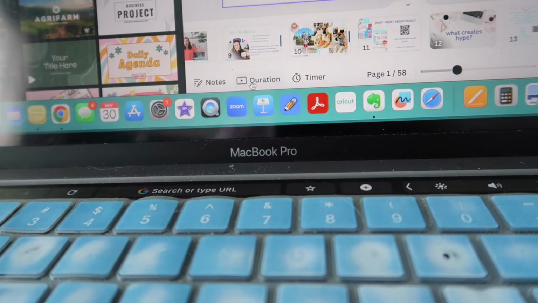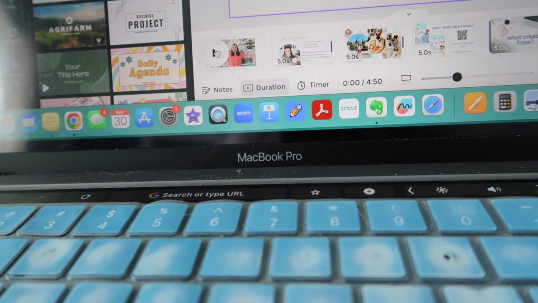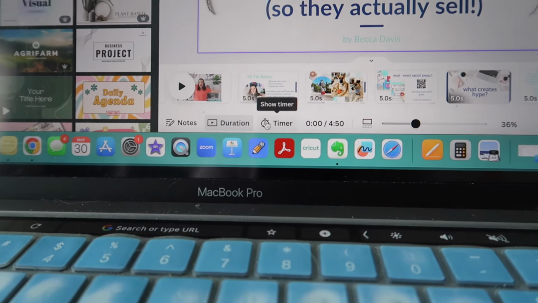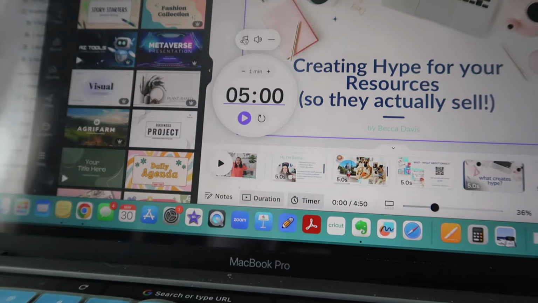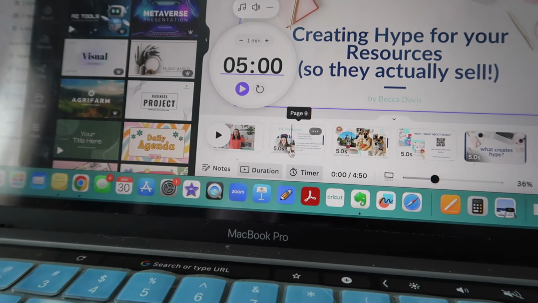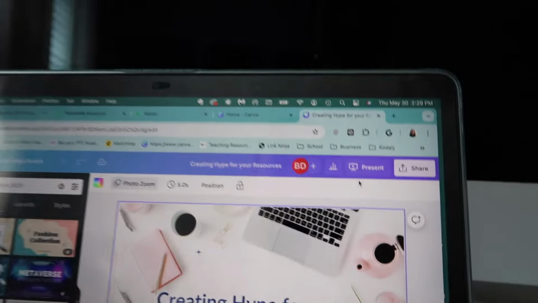There are other special things: you can add notes, you can figure out how long it would be if you played it directly, you can show the timer and have music and all sorts of different things. I'm not using any of that stuff, but what I will use is when I go to present,